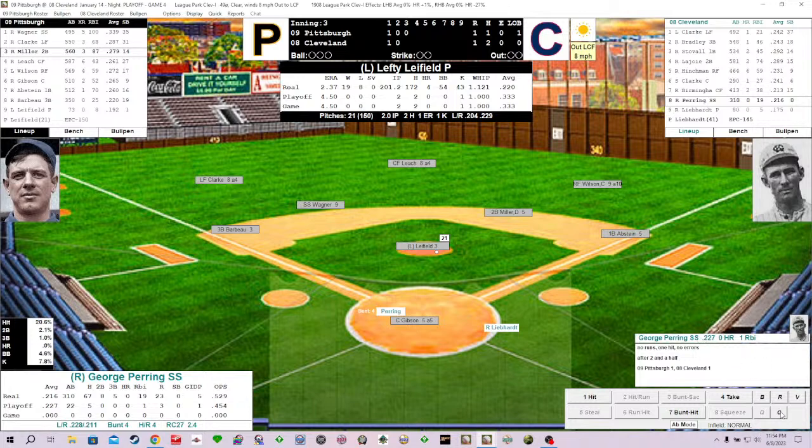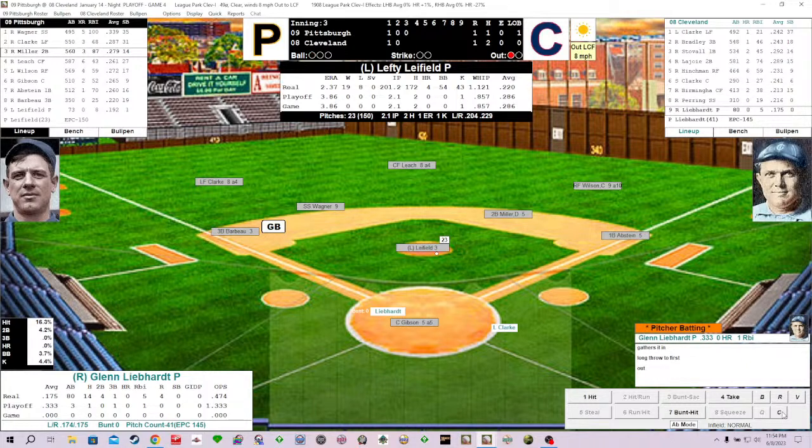All right, here is George Paring now. This will be Paring, Liebhart, and then back at the top of the order on Josh Clark. So this will be the first time then through the Cleveland order. Paring hitting .227 with a run batted in the tournament. Lefty Leafield rears and deals. Paring swings on the 1-0. Wagner up with it and fires it on to Abstein. This one just a textbook 6-3 putout. 1 down. Groan going up around League Park here, but really nothing special on that play.